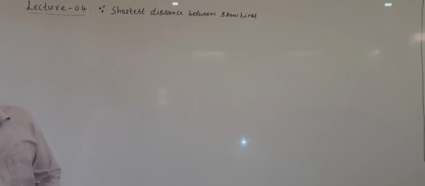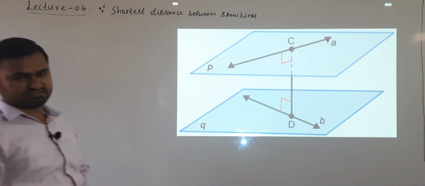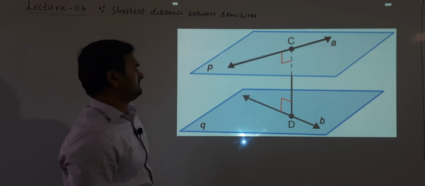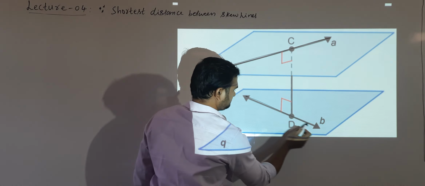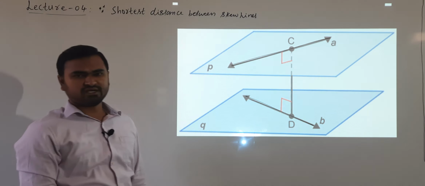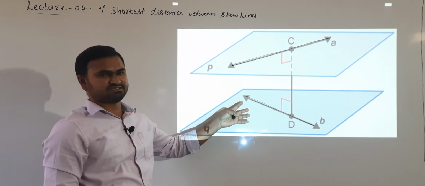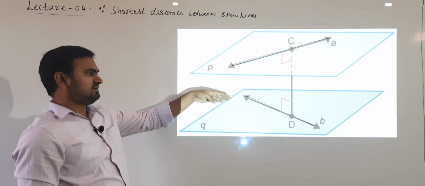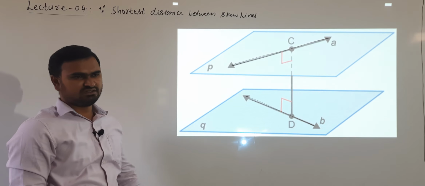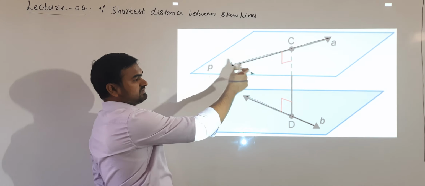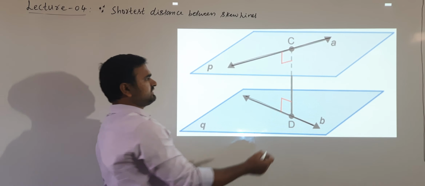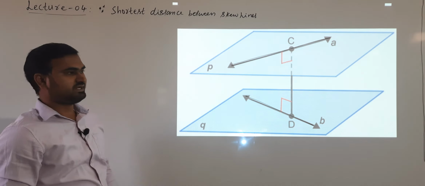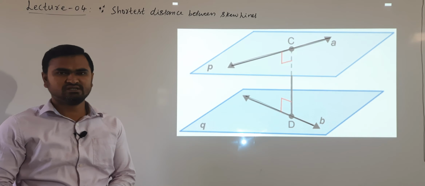Okay. See diagrammatically here, like this. There is one line here passing through these points. Another line is like this. So, these are not parallel and also these are not intersecting. We have to imagine these things in space. So, these are neither parallel nor intersecting, so these are the skew lines. Now, we are finding the shortest distance between these skew lines. Actually many distances exist like this, like this. Out of all these distances, we are interested only in the shortest distance between the skew lines.